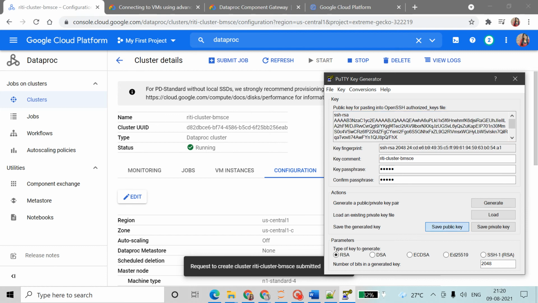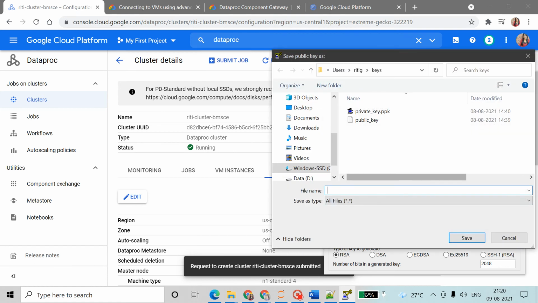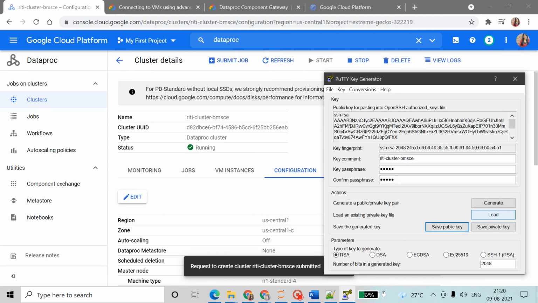Save public key, PMSC cluster. Generate.